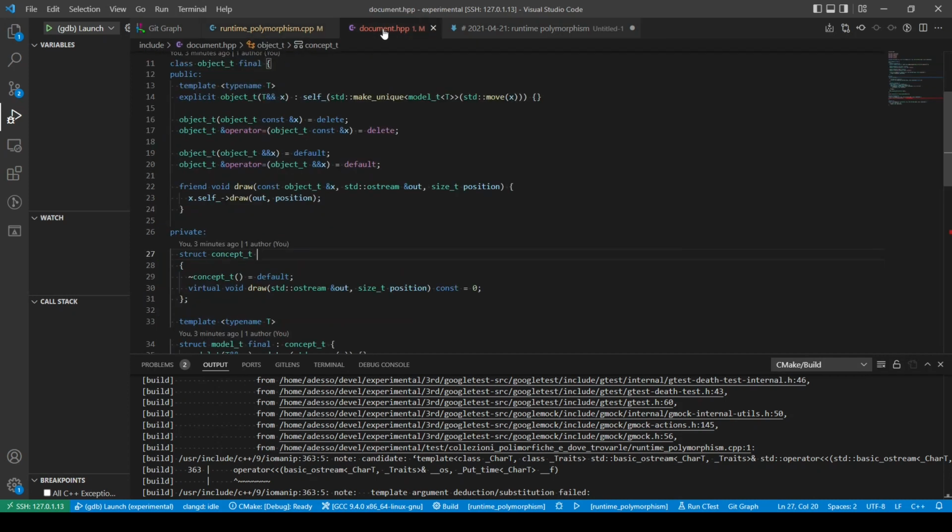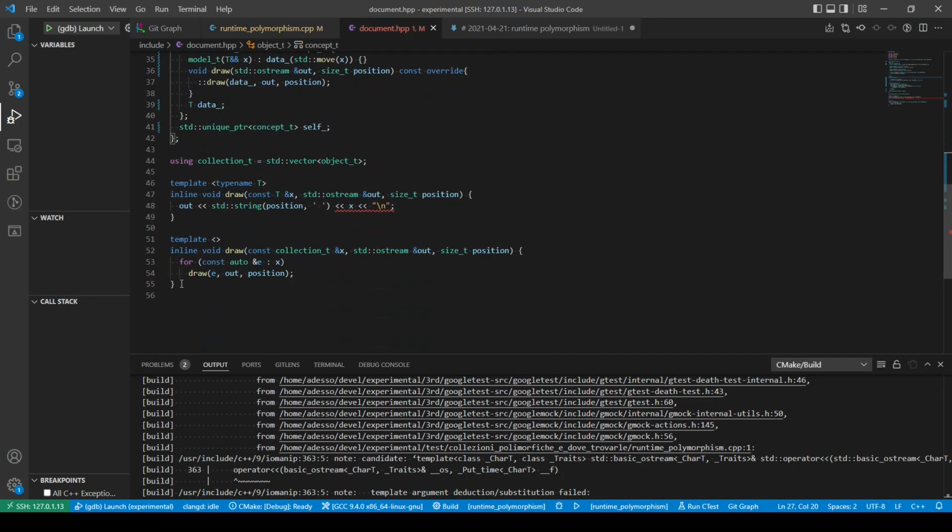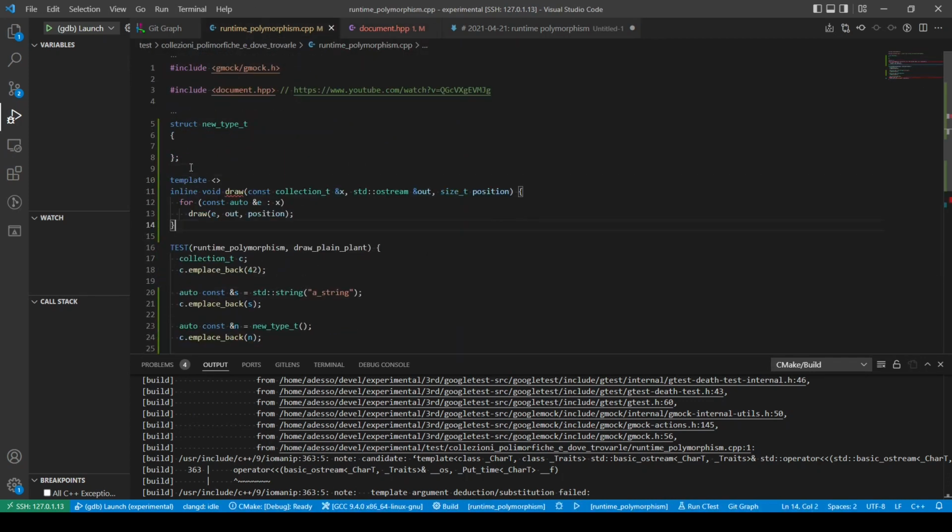But the interesting thing is that if you define the partial specialization, or maybe also the operator less than,